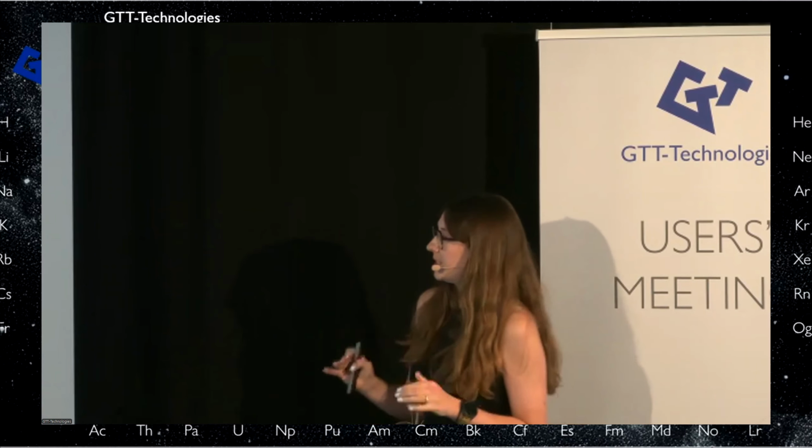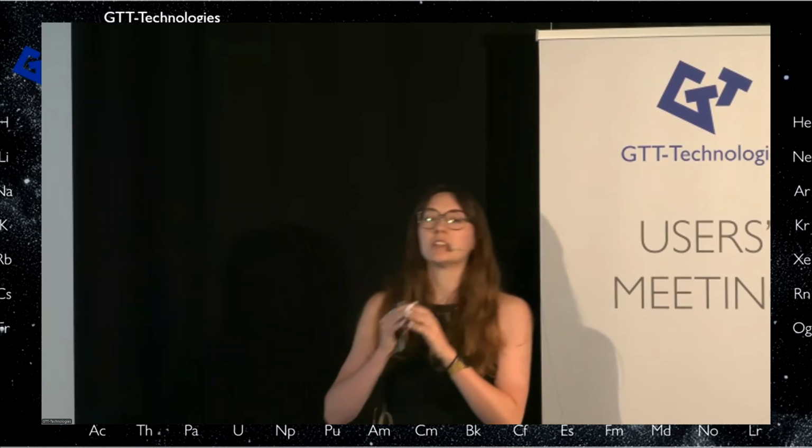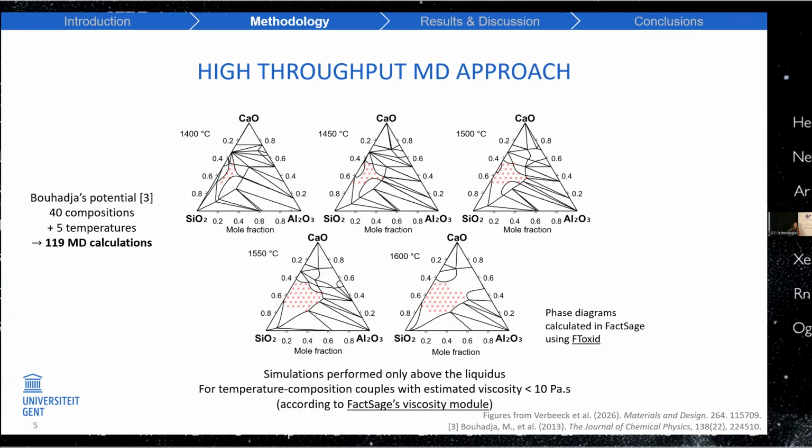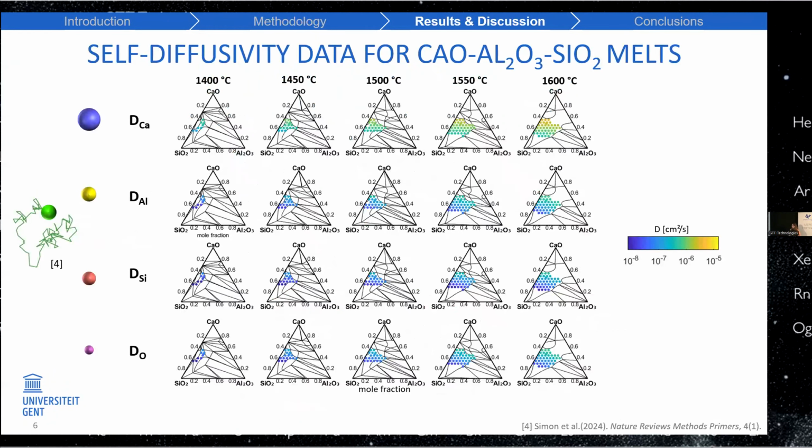So for now, we already did simulations for 50 nanoseconds, which is a lot within the MD community, but that allowed us to really get a statistical view on the dynamics of the system. So for all these red crosses, we did the simulations, and this is the data we ended up with. We could really extract from the MD simulations the self-diffusion coefficients of all species present in our ionic melt, so from the calcium ions, aluminium ions, silicon ions, and oxygen ions separately, and get this very dense data set as a function of